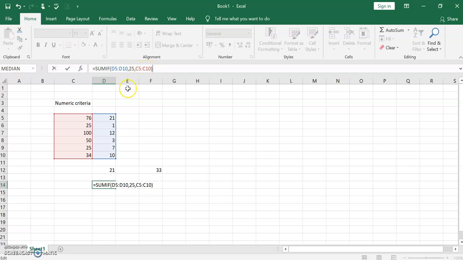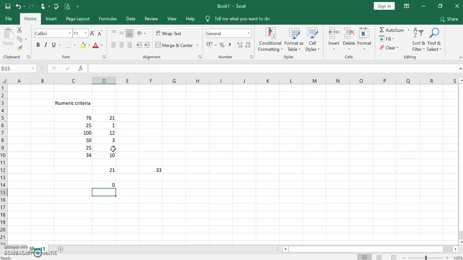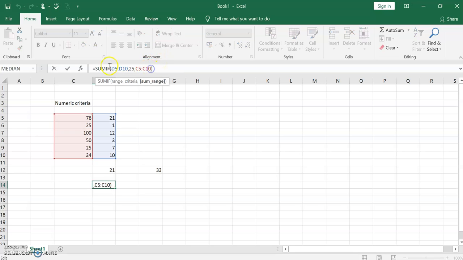See, for example, what it will do. Here 25, here 25. So it will add from the D range, 1 and 7, it will give 8. So the value, if you just see, it's supposed to give 8.